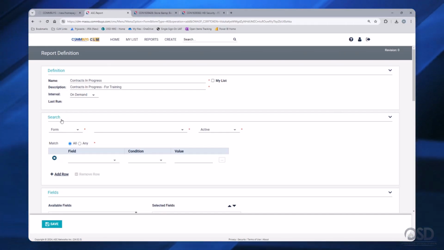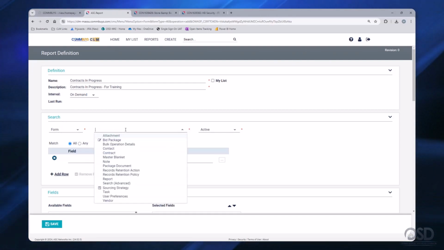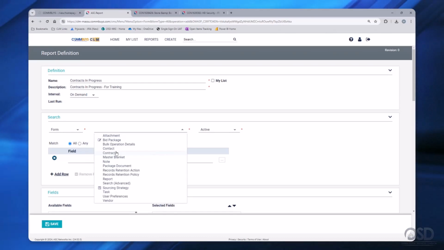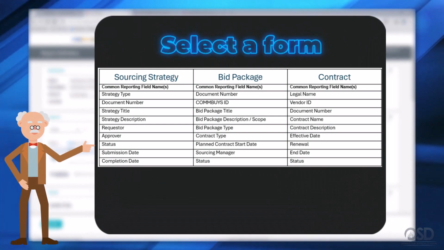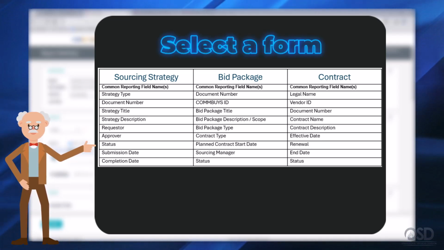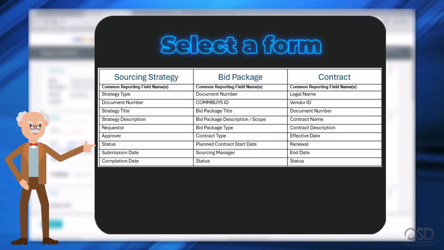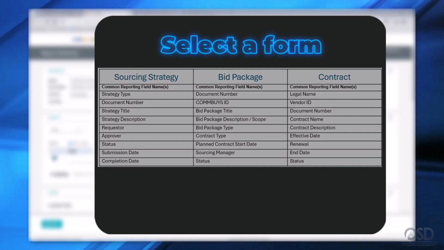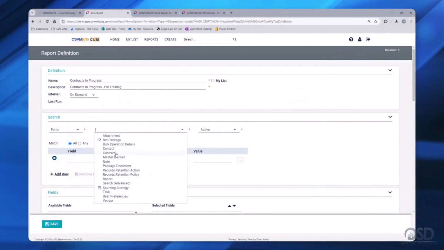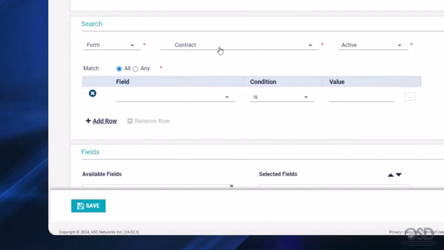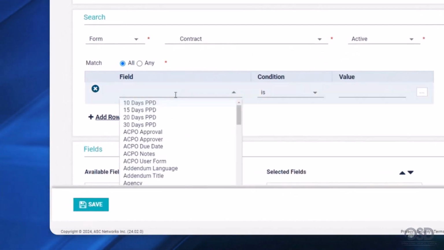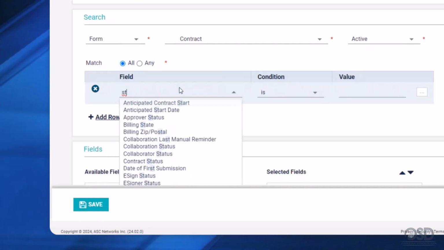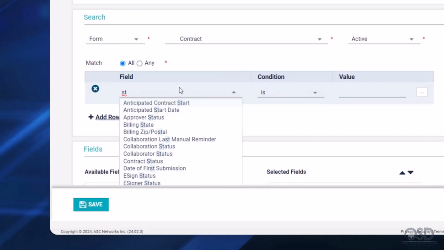In the search section, you'll need to select form. A common form would be a contract, a bid package, a contact, a master blanket record, a package document, and also sourcing strategy documents. You can run some reports against other fields, but these would be the primary form types we would recommend. So if I want to search all contracts based on status,